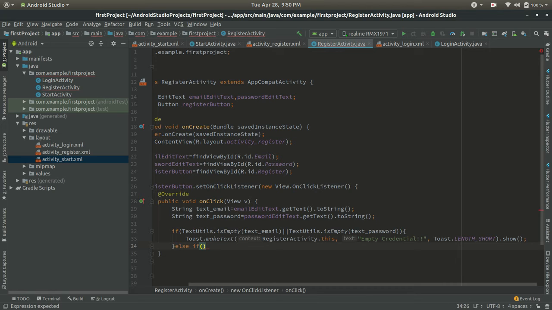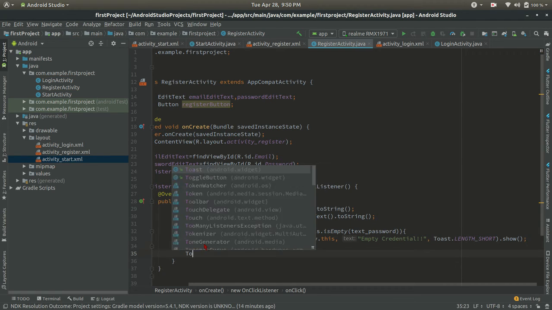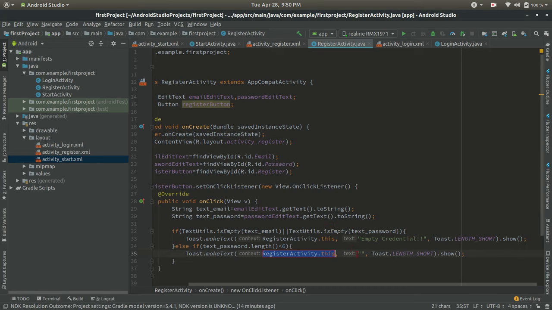So in else if we will give the text password dot length is less than 6, then we will create a toast, and in which we print that password is too short. So the password is too short. So this is finished.